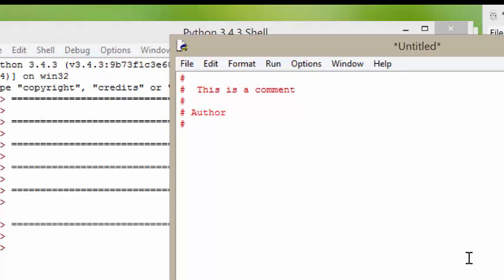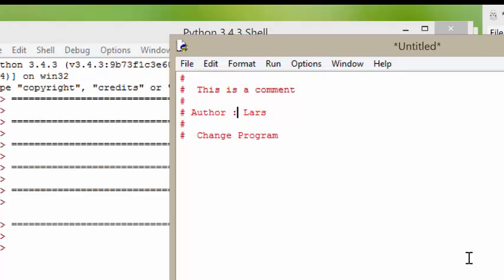I'll say author, Lars. And the reason you want to comment your code is because another programmer can come along later and want to change things or alter things or use your code as a starting point. And if you have an explanation actually in your code, it makes it very easy for the next person down the line. Change, I'll just call it the change program,